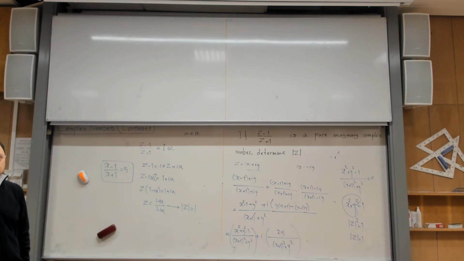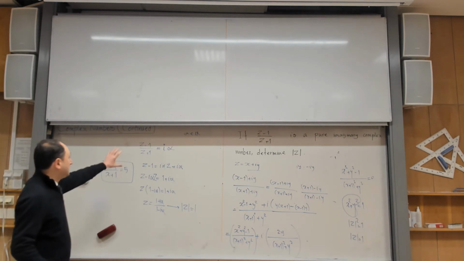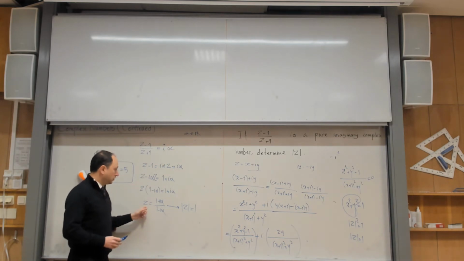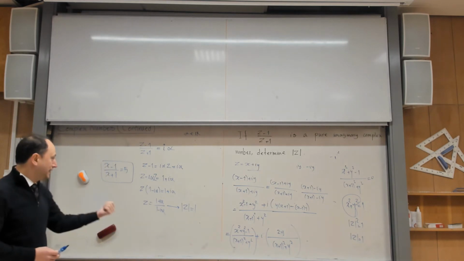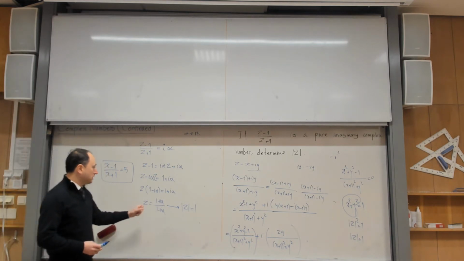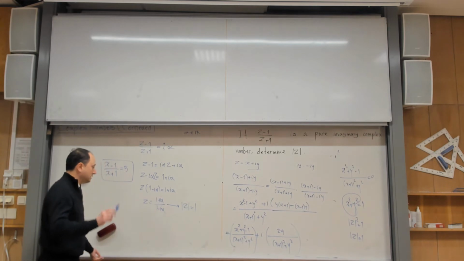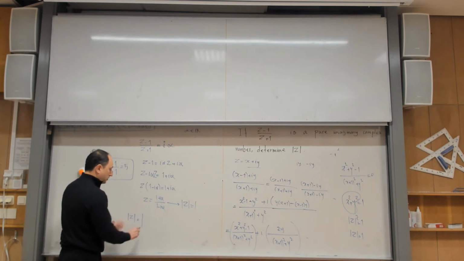Yes? Because it's a pure imaginary number. No, it's not a pure imaginary number. Be careful. The fraction was pure imaginary. Actually, this is no longer a pure imaginary number. So I'm claiming that it should not be hard. Of course, it might be a little bit hard. It's a little bit technical. So why the absolute value of z? The reason is that the absolute value of z is the absolute value of this fraction.